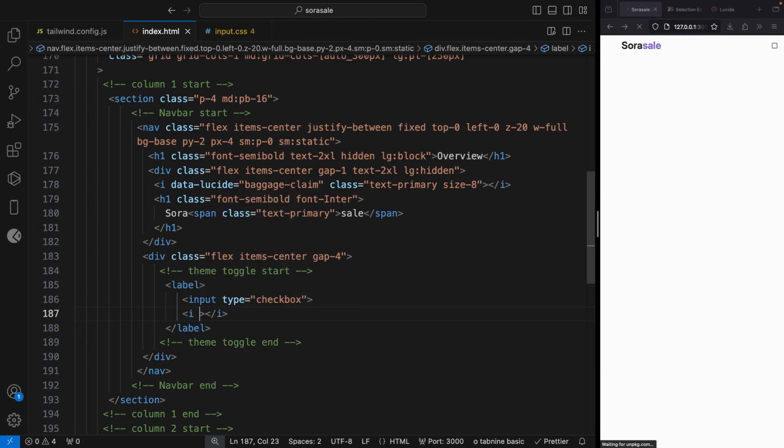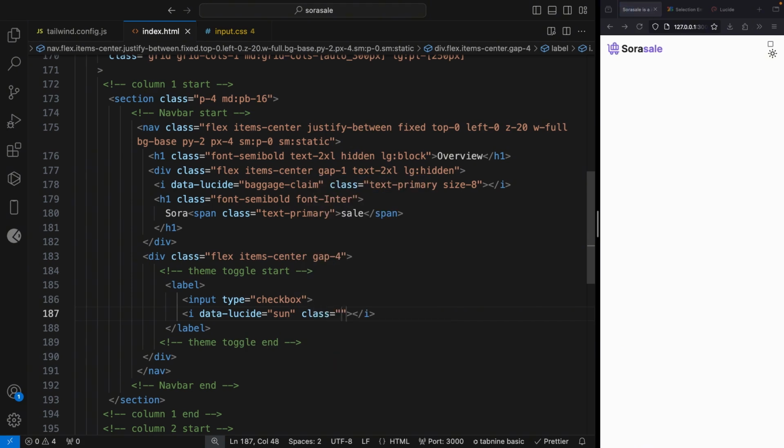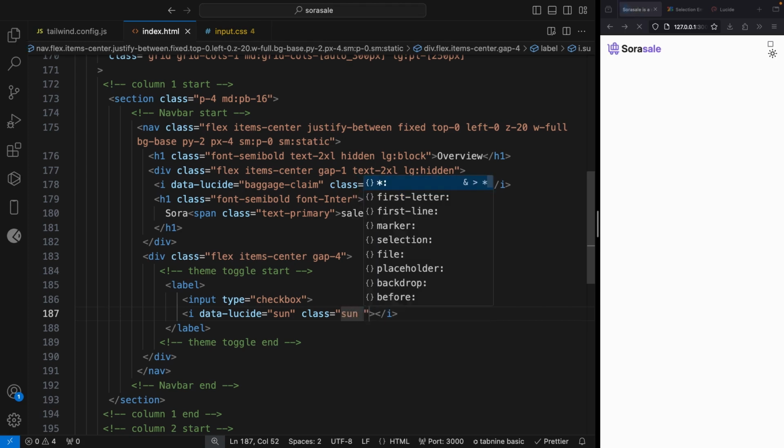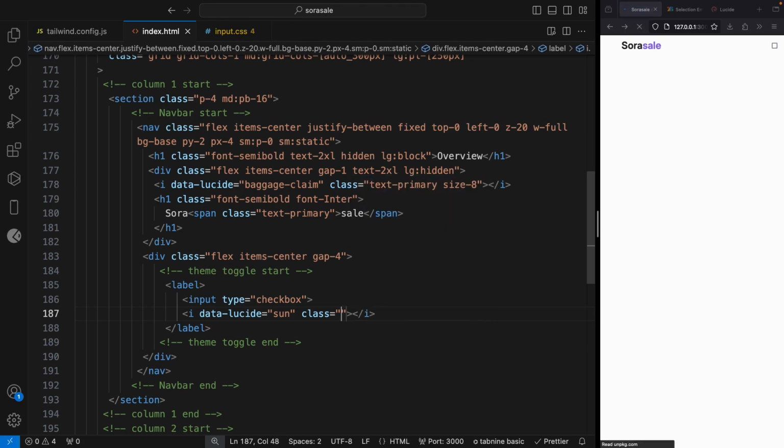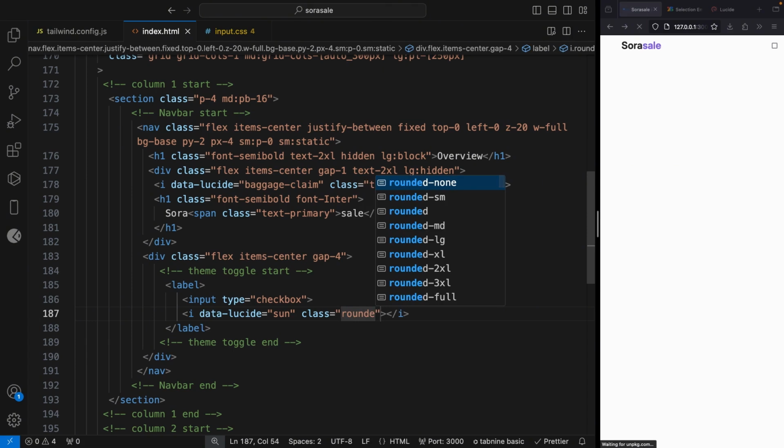So the first icon is going to be the sun. Okay, let's give it some styling. So I'm going to say the class is actually sun, right? But there's no need of having this here. We can just go ahead and say that